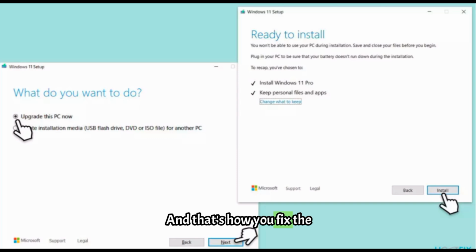And that's how you fix the Windows 11 update error 0x800f0983 and successfully install update